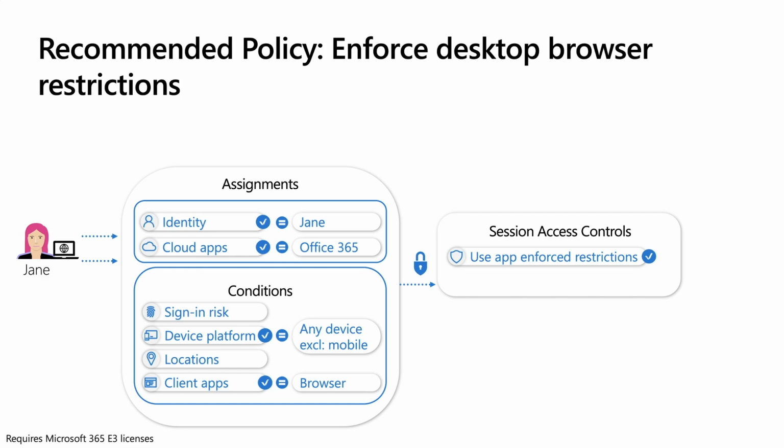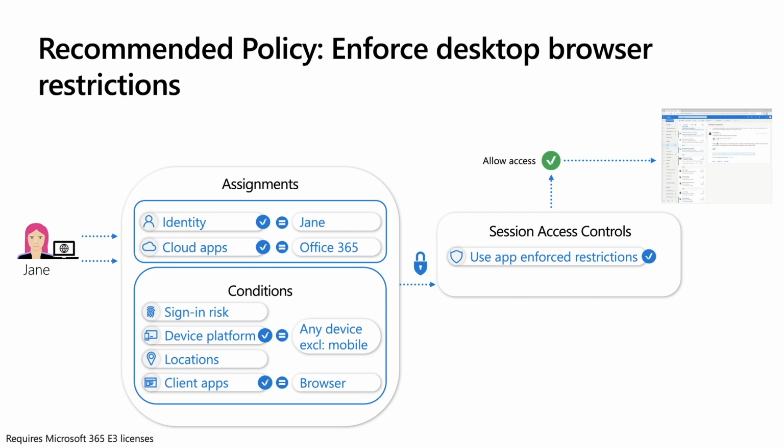And from a condition standpoint, we're going to target our device platform, again, targeting all devices with the exception of iOS and Android, thereby ensuring that this policy applies to Windows, Mac OS, and any device that is not reporting its underlying operating system platform. And then from a client app perspective, we're going to target our browser. And then we'll leverage the session access control, use app enforce restrictions. This will ensure that on personal devices, Jane will not have the capability to download or print attachments while in